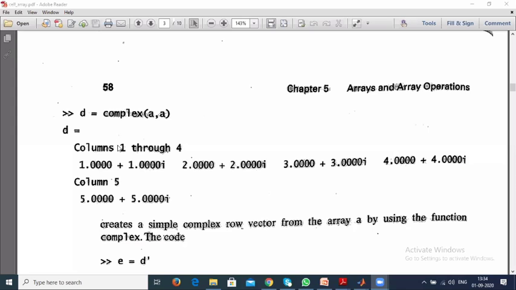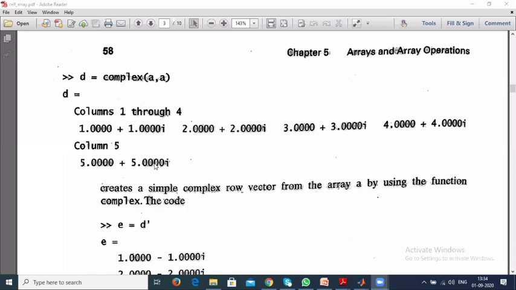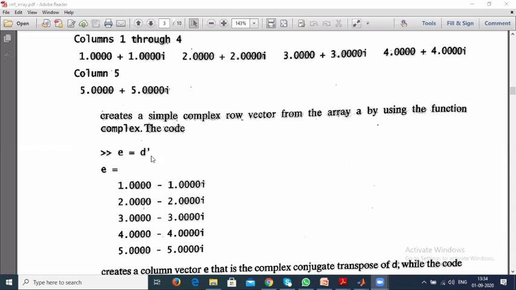If you find the transpose of the matrix, D transpose, it will also generate the complex conjugate of each number with the negative sign, like 1 minus i.